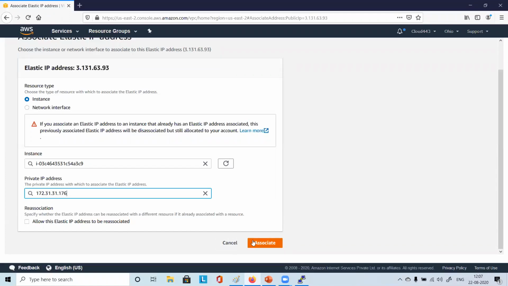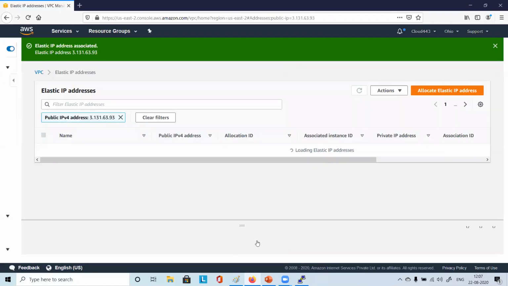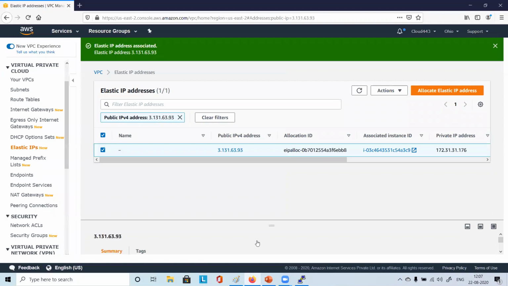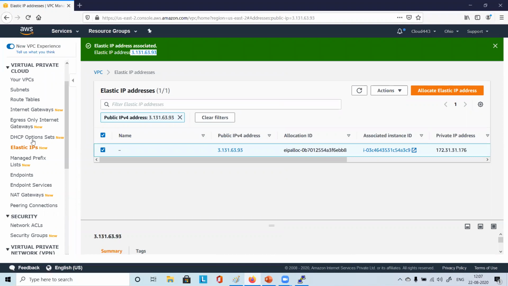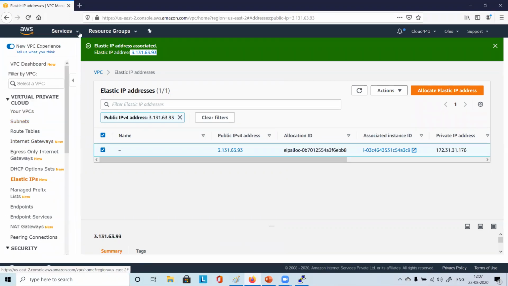So here we simply click on associate. Okay, so we said associate, it says associated, and now take a look at this public IP. Mine is 3.131.63.93. So I'll go and see my instance.